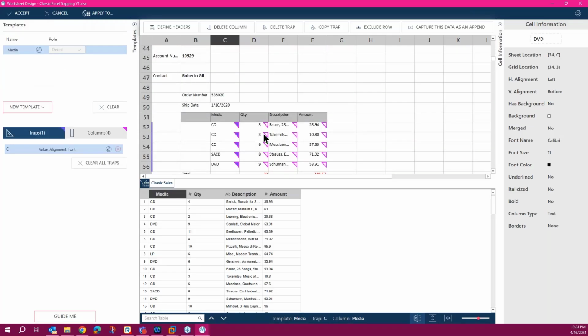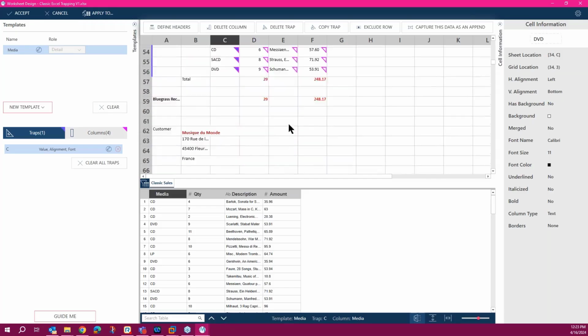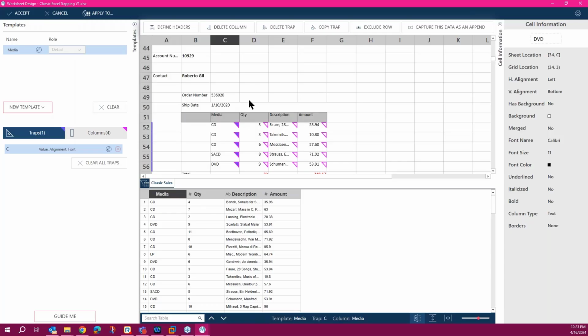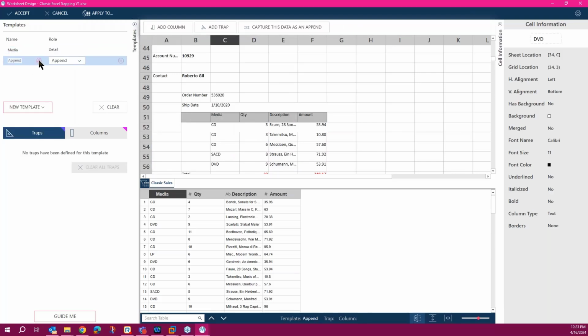All right, so I selected my detail template. Now I want to select the order number and ship date. Again, these would be two different templates. Order number and ship date are above the detail. First I'm going to grab the ship date. This has to be a separate template, whereas if it was text in Monarch, you would select 2 lines of sample and then apply.